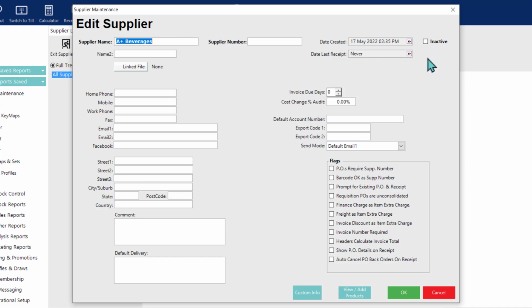Now, we have talked many times already in this course about the reasoning behind only being able to make records inactive, and to put the supplier spin on why it would be necessary to prevent supplier records from being deleted. There will be other records like purchase orders, manual receipts, and so forth, that will link back to the supplier